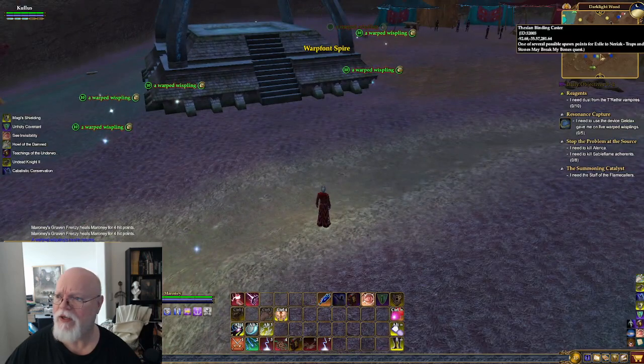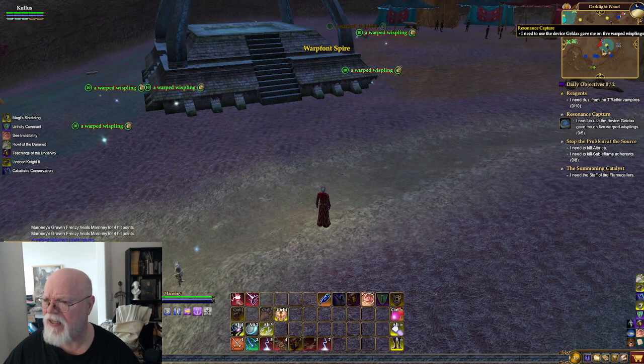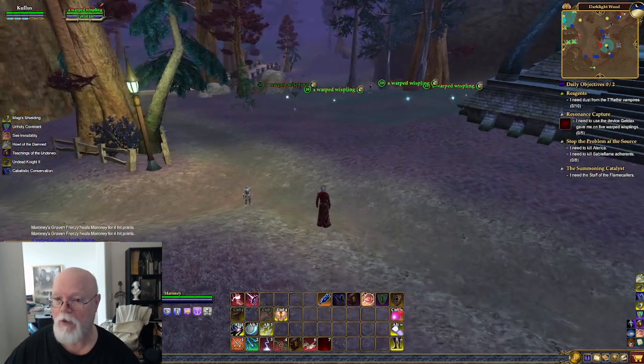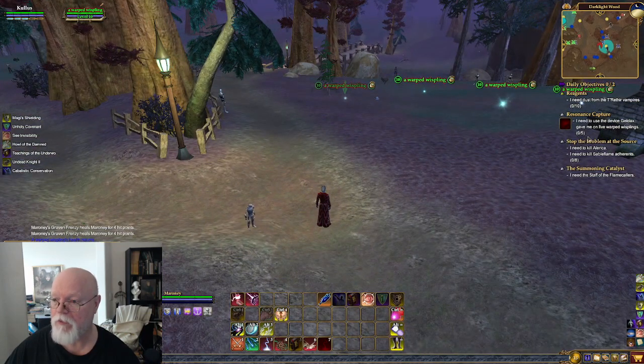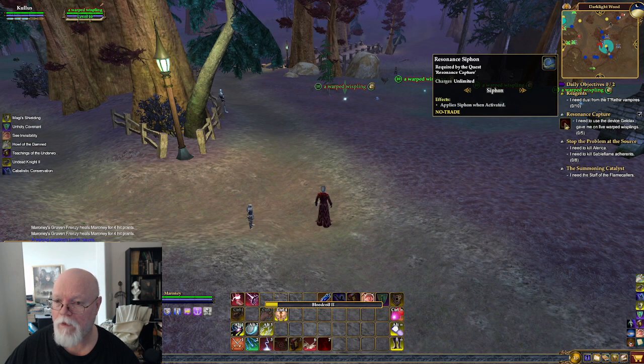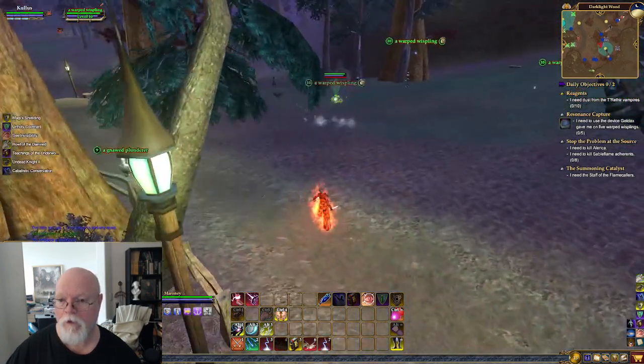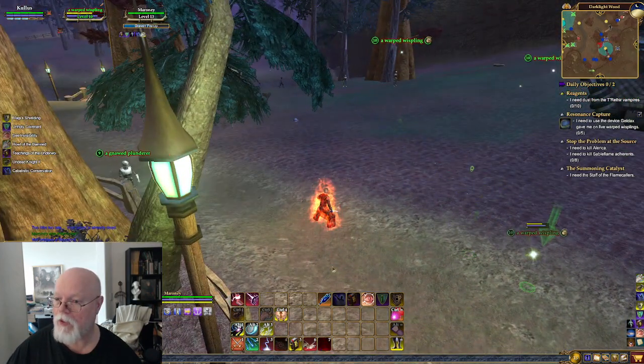What do I need to do here anyway? I need to use the device Geldex gave me on 5. Oh, okay, well I just killed one, so I didn't use it. I will now. I'll use it on the next one, I promise. It's supposed to stun them. Alright, and now we will...